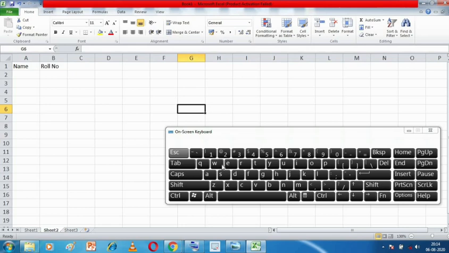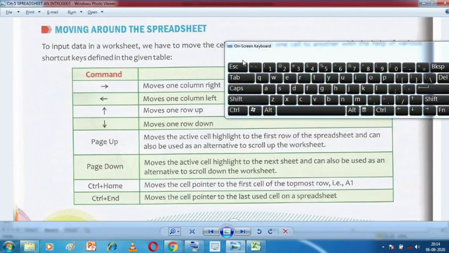So if you like using the mouse, you can use the mouse. If you don't, there are people who just use the keyboard to do all the tasks, and they are pretty fast at it because they don't have to leave the keyboard and touch the mouse again and again. Those people know all the different shortcut keys. So if you want to use the keyboard all the time, then you can use these arrow keys. If you don't want to, you can use the mouse as well, but you need to remember what these keys do. Okay, let's talk about the next shortcut keys that help us move.